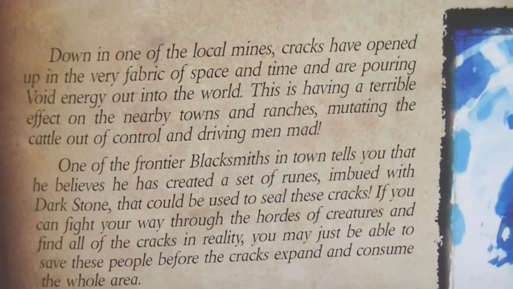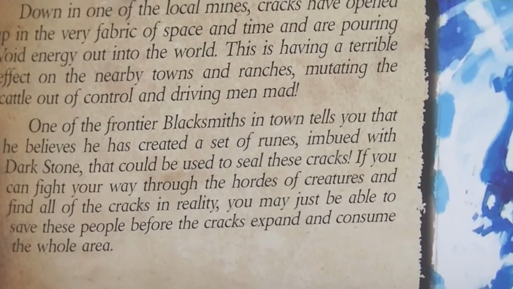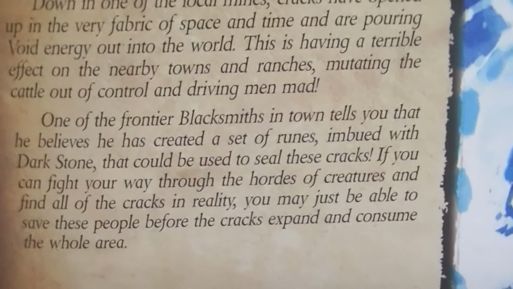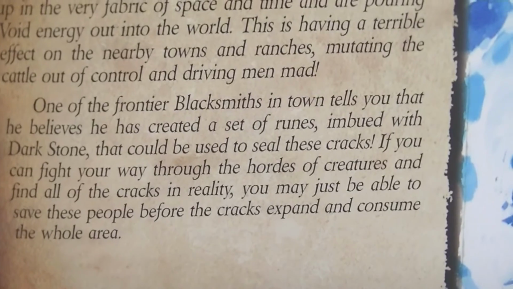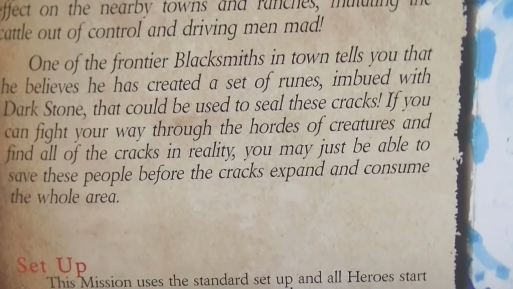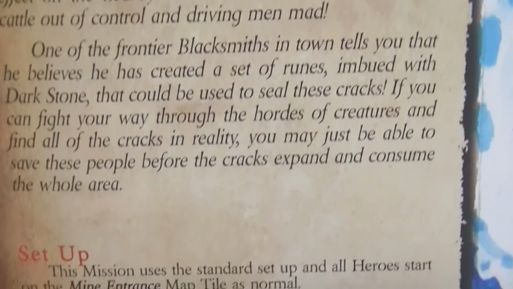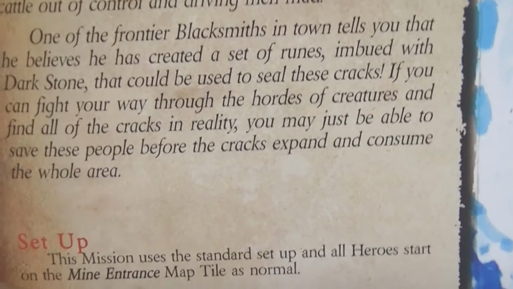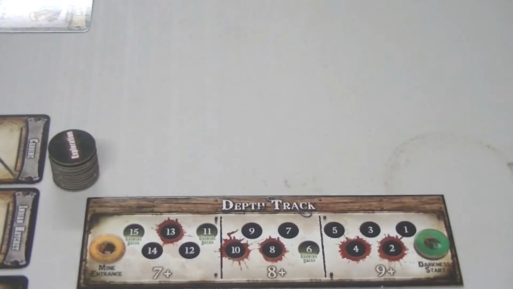So down in the local mines. Down in one of the local mines, cracks have opened up in the very fabric of space and time and are pouring void energy out into the world. This is having a terrible effect on the nearby towns and ranches, mutating the cattle out of control and driving men mad. One of the frontier blacksmiths in town tells you that he believes that he has created a set of runes imbued with Darkstone that could be used to seal these cracks. If you could fight your way out through the hordes of creatures and find all of the cracks in reality, you may just be able to save these people before the cracks expand and consume the whole area. Alright, so that's our little setup